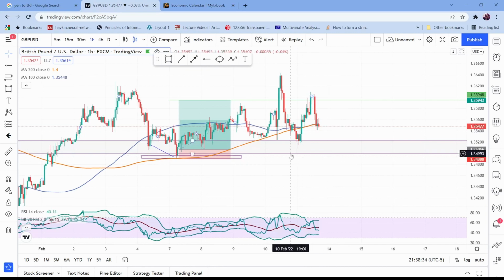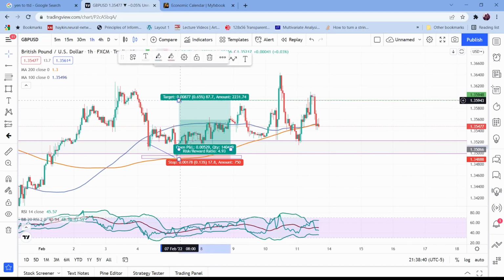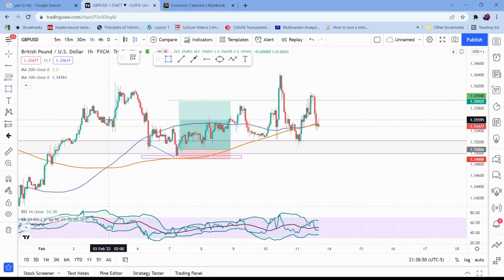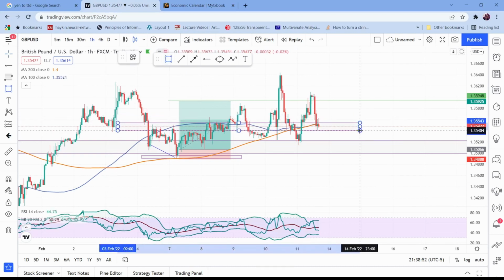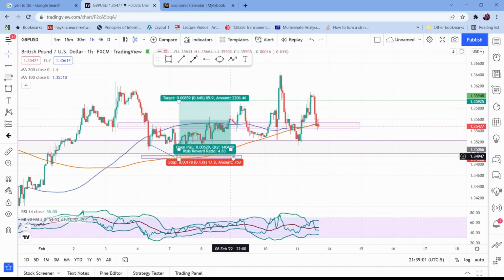Right, so this was a setup. As you see, it played out pretty well. Came to the upside. This would have been around the area where we took our profits at 2.6%, right? Because one thing to note right here, with the general price action, this became a sort of a resistance zone, right? So at this point, if you're just looking right here in the middle of all of this noise, this